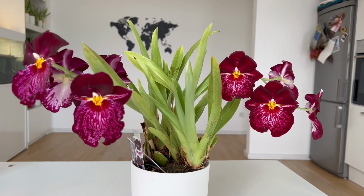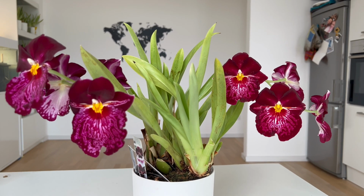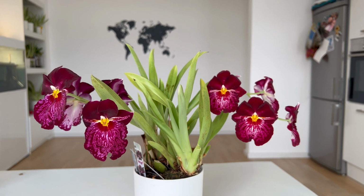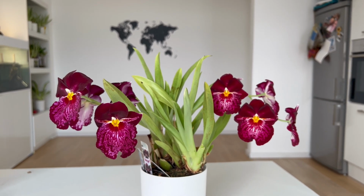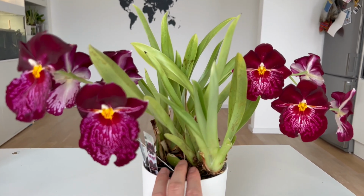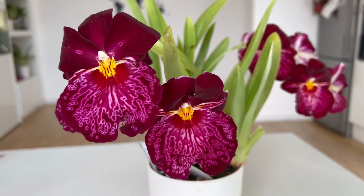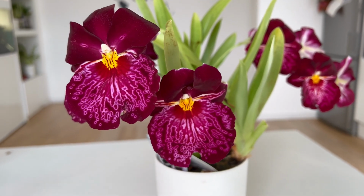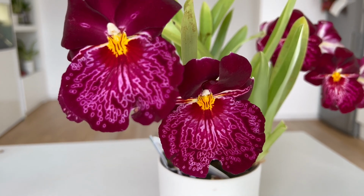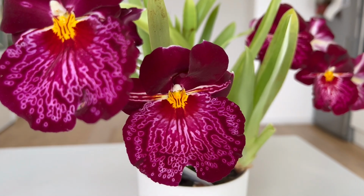Last time I showed you this Miltoniopsis, it only had one spike in bloom, and now it has two spikes, and I just wanted to show it to you again because Miltoniopsis, if they have a nice showy bloom, it's really impressive. So it has these beautiful, I don't know why it's not focusing, waterfall, this glowing waterfall on its lip, and this glowing yellow center, and